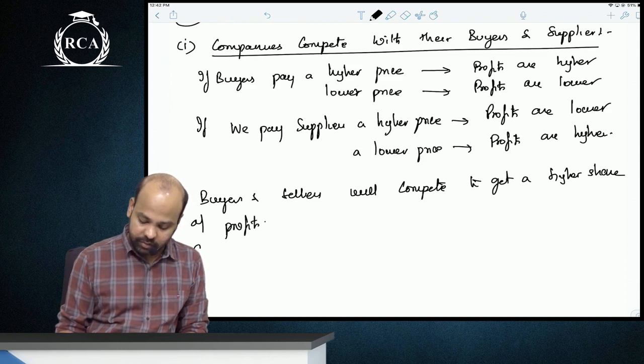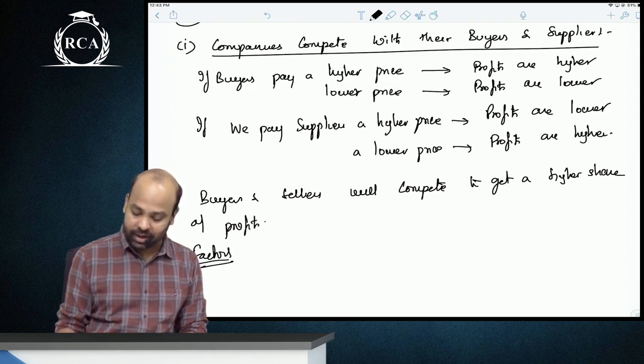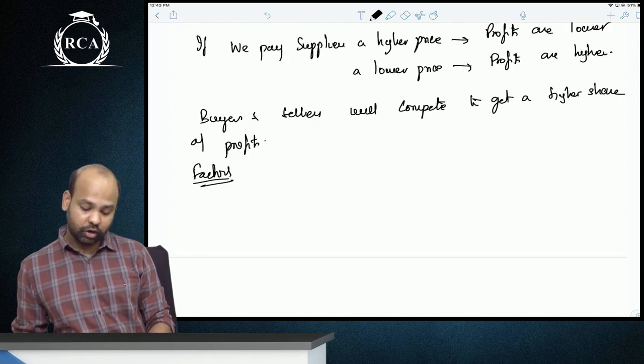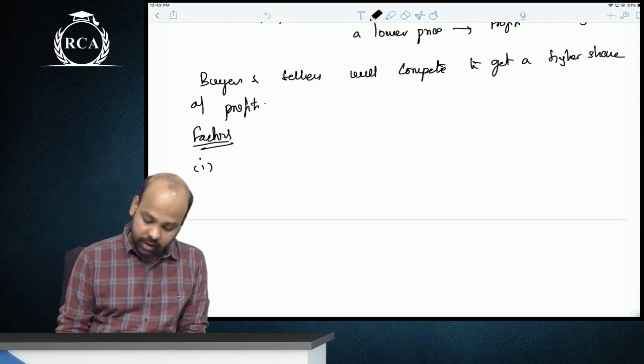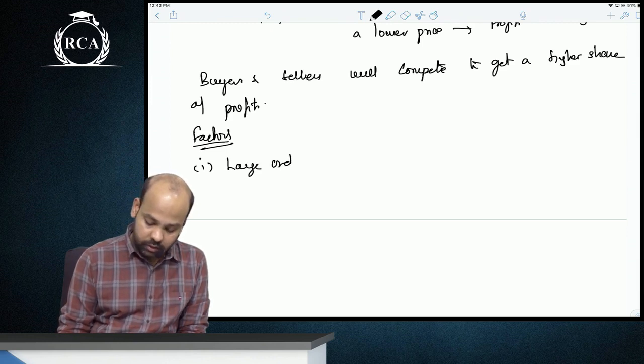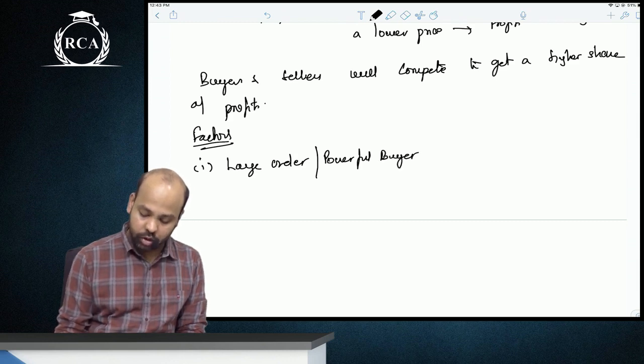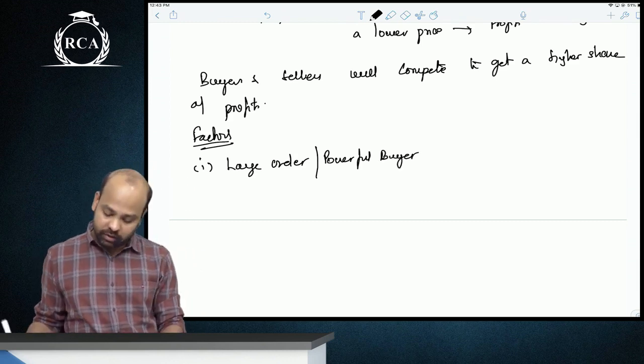What are the factors that will affect all of this? First factor is the quantity. A large order means a powerful buyer. If there's a large order, the powerful buyer